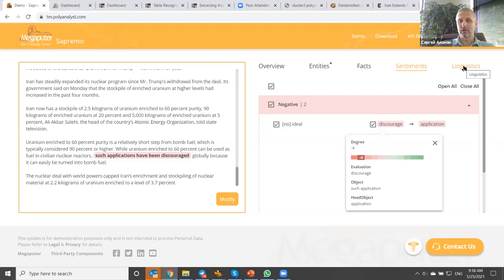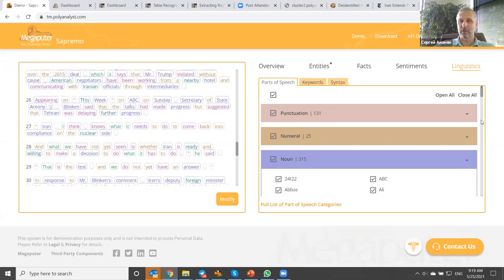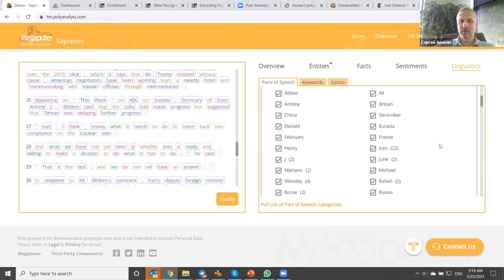If you want to see the linguistics, you see how the system parses everything. First we perform morphological analysis and perform lemmatization. So you see how we split everything into parts of speech, and we can open any of these parts of speech.